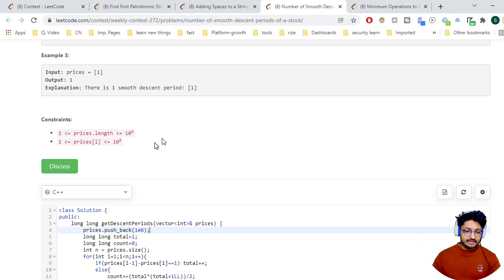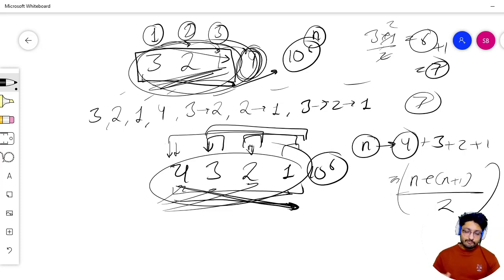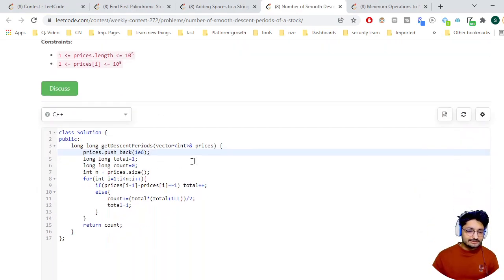So what you can see here is that the maximum value is 10 to the 5. Now if you put a very large number, that is 10 to the 6, at the end of this array, whenever I'm doing a for loop and I hit the last number, it is very large. It will obviously hit this condition and break at this point of time, and thus this segment will be completed and I will take that segment and calculate the answer for it. So that's why I just push back a very large number at the end, that is more than the amount of prices in the price history.